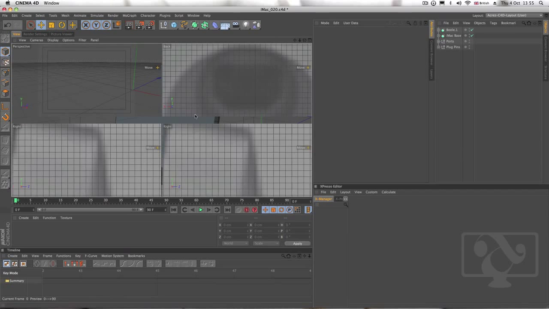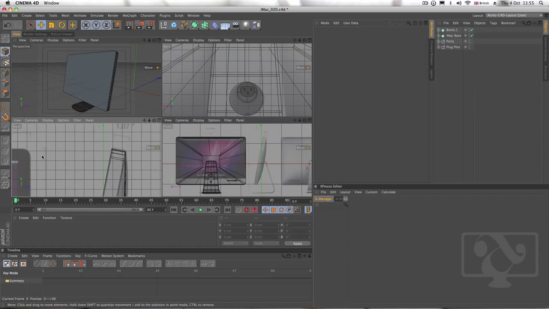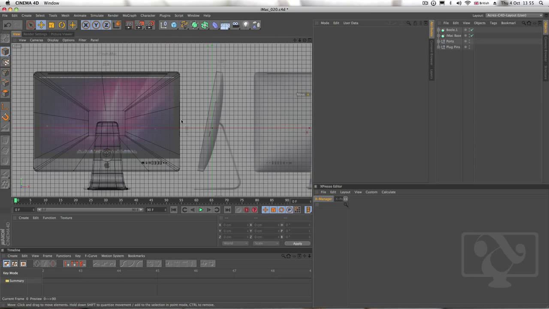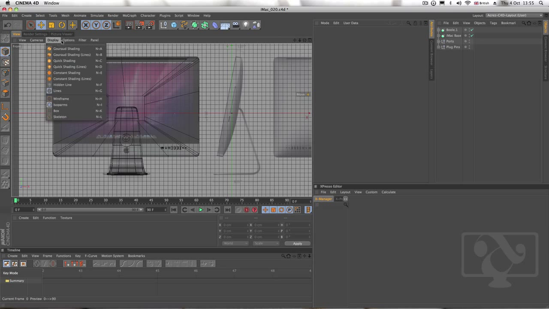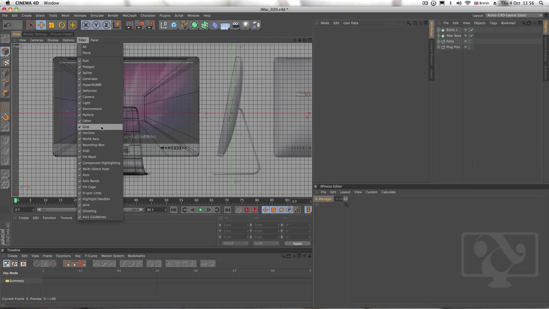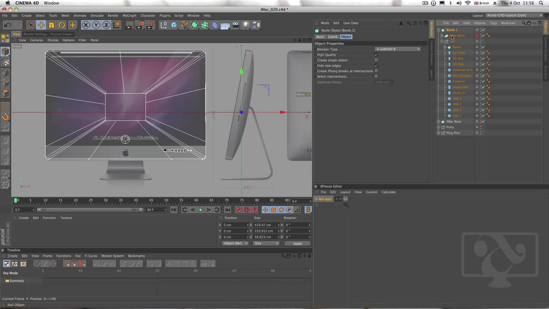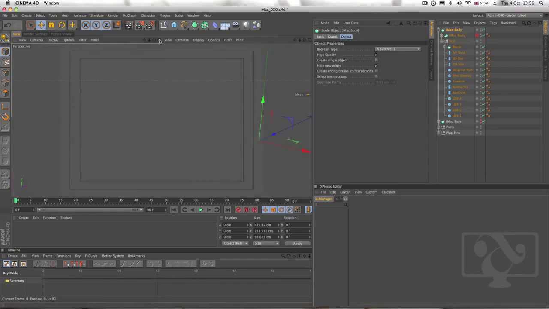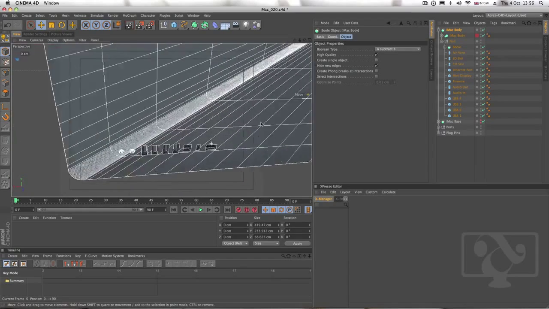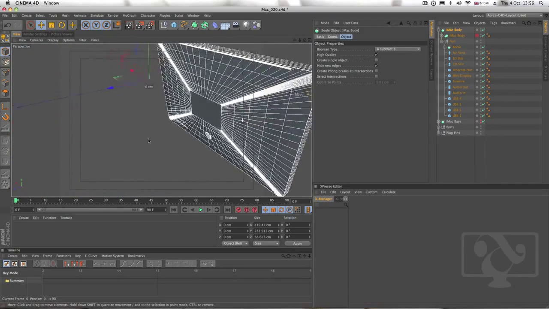To start with, we're going to go into the front perspective for now, and I'm going to come up to options or display, filter, and I'm going to turn off the grid, and I'm also just going to hide the iMac base for now. And now we have the iMac body, and I'm just going to rename that to iMac body. And now what we need to do is, if we come into our 3D perspective, you want to make sure that everything on your model is all finished,